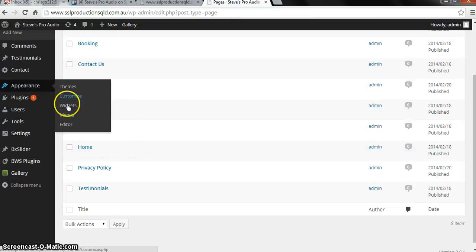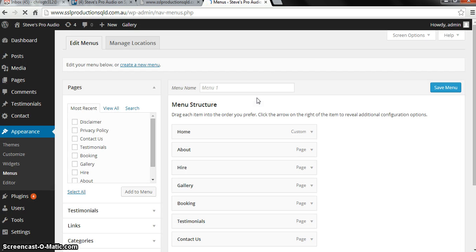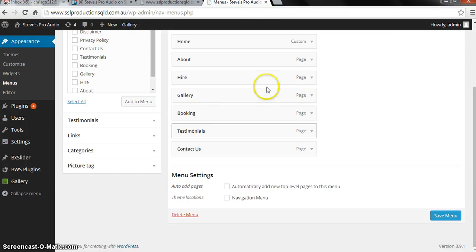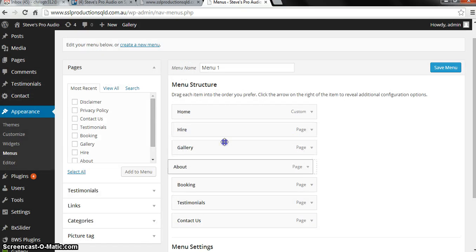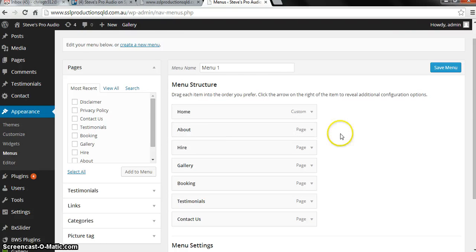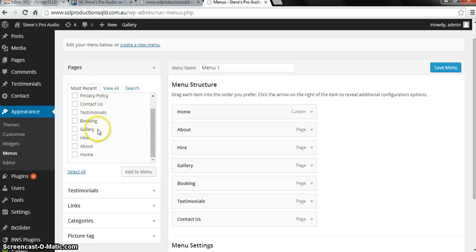So go to appearance, menus. So on the menu section, as you can see, here are all the menus. You can sort them out by just dragging them if you want. So let's say for example, you have added a new page on this area. It will automatically appear here. As you can see, these are the pages. If not, then you can just check to view all the pages here.